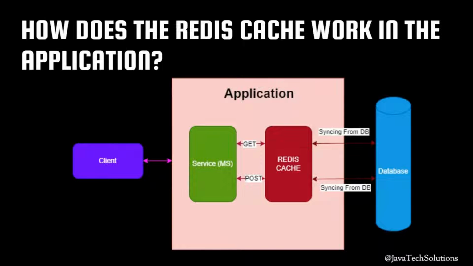So next we are going to create a Spring Boot application, and there we are going to implement the caching. How are we going to implement the Redis cache in any Spring Boot application? In my last tutorial I already explained how to create the CRUD operation using the Redis cache, and now we are going to